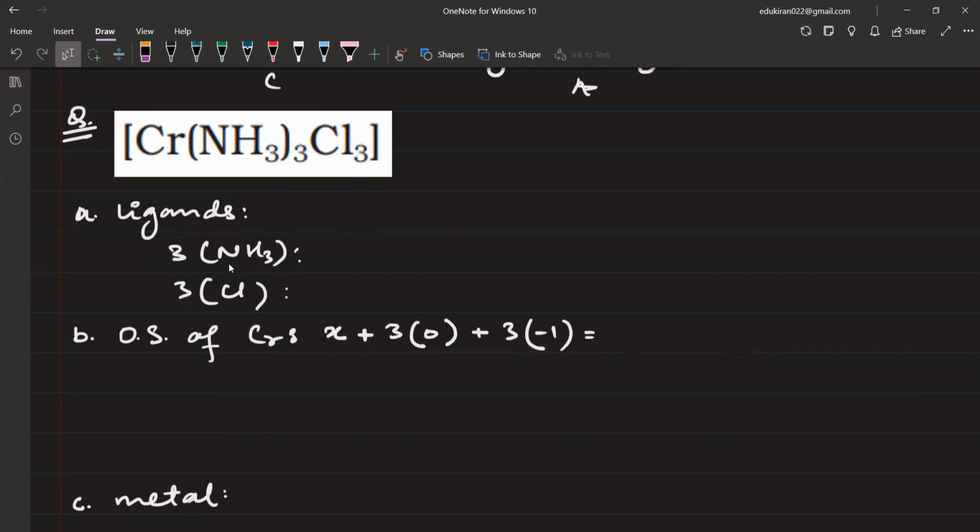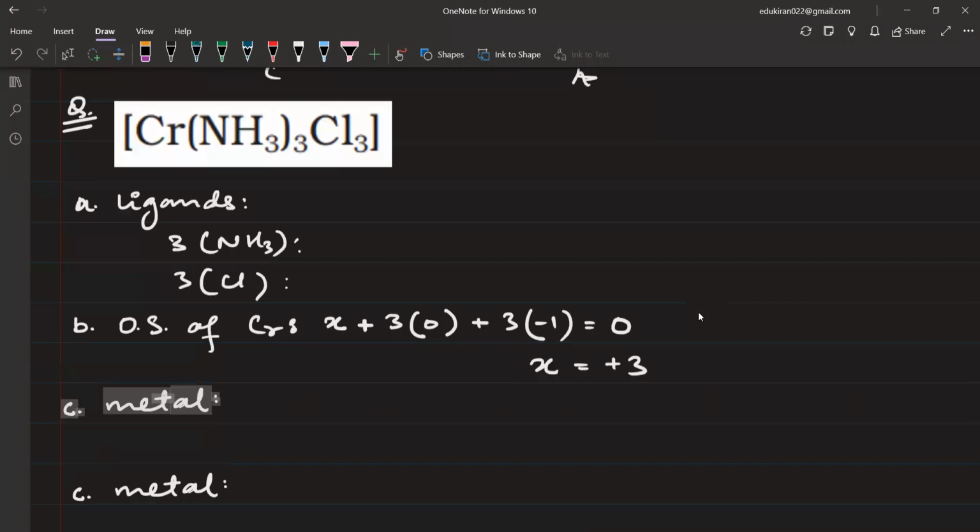देखिए तभी आएगा। छोटी छोटी चीजें मिस कीजिएगा, नहीं आएगा फिर। कितना हो जाएगा अब एक्स, ये टोटल इस पे कितना चार्ज है? टोटल में चार्ज कुछ दिख नहीं रहा, that will be equal to 0। ठीक है, net neutral है ये। x will be equal to what? This 3 into 0 is 0, 3 into -1 is -3, -3 will go there, it will become +3। ठीक है, नाम हो जाएगा मेटल का क्रोमियम 3।